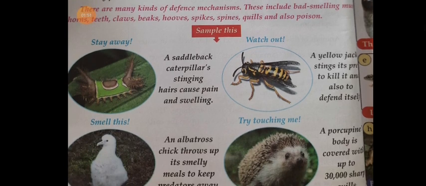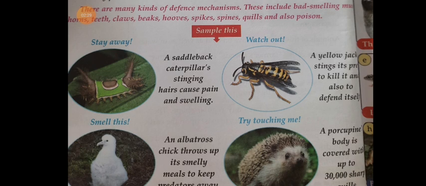So, if we want to save ourselves from enemies, why do we run when we see a dog? Because we want to save ourselves from the dog. The same way animals also have this. You might have seen the plant touch me not. When we touch that plant, it closes into itself. Or you might have seen the tortoise. What does it do when you touch it? It just pulls its legs and head inside the shell. So this is the way they protect themselves. So there are different ways.